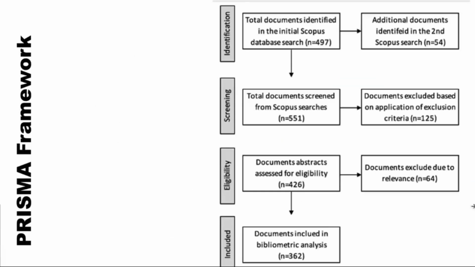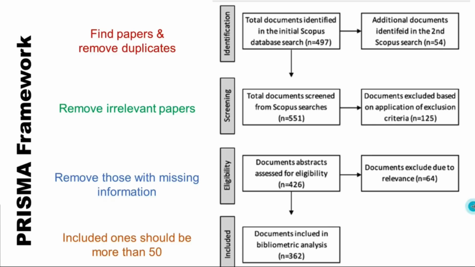If you have collected the bibliographic data, the next step is data cleaning. This is done using the PRISMA framework, and PRISMA stands for Preferred Reporting Items for Systematic Reviews and Meta-Analyses. It has four steps. The first is identification, second is screening, the third is eligibility, and the fourth is inclusion, finally included data. What we do in the identification stage is find the papers and remove any